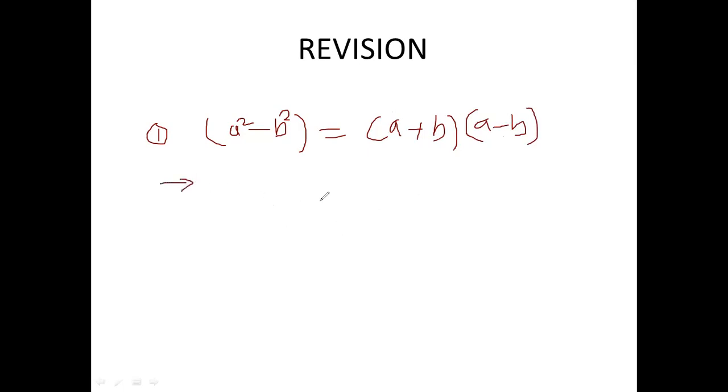Its answer we had learned. Look here. This was a square, right? This was a square A. For the figure, A plus B and A minus B. A square minus B square equals A plus B into A minus B. A, B, C, D. We have this type of formula in algebra to show in a geometrical figure. We have taken this side is A, all sides are A here.